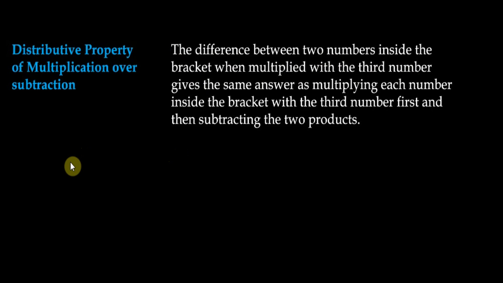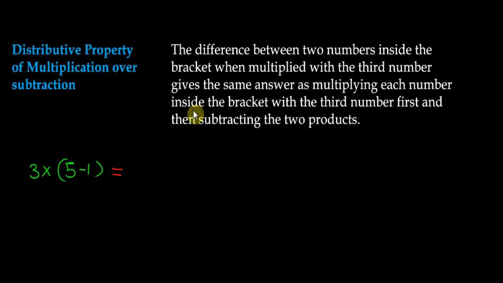Let's take the difference between two numbers inside the bracket as 5 minus 1 and multiplied with the third number. So let's take the third number as 3 and we are going to multiply the difference 5 minus 1 by 3. Gives the same answer as, that means the answer for this expression should be equal to